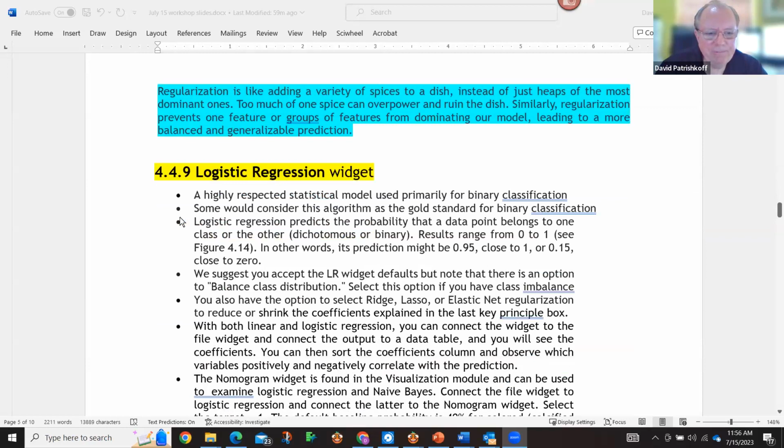So the next widget I'm going to talk about is logistic regression. So what's logistic regression? Here we're trying to predict or model a yes or a no. Like Bob was saying earlier, either the patient has cancer or they don't, or they have this disease or that disease, or your email is spam or it's not spam. All those types of things